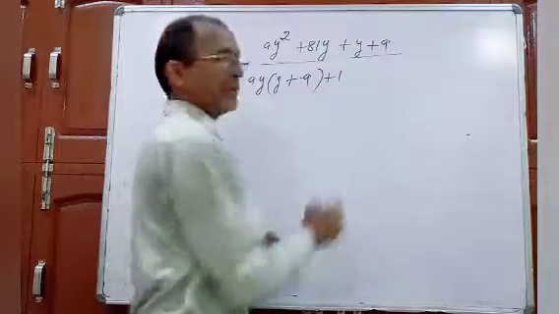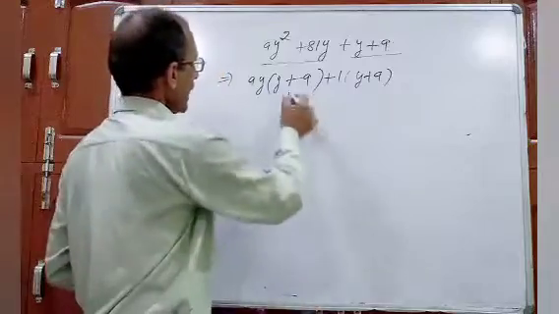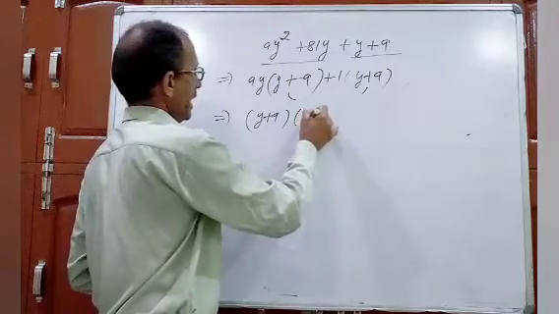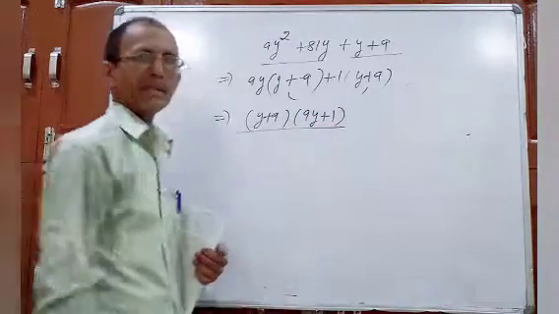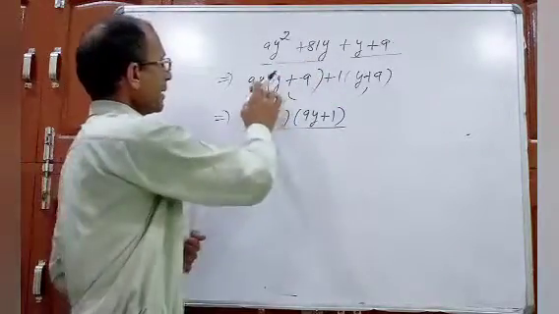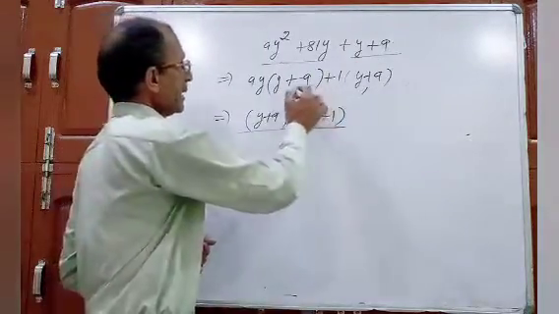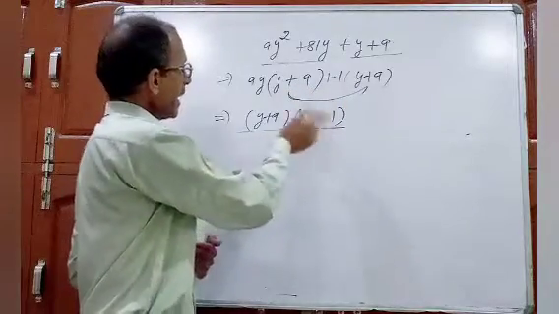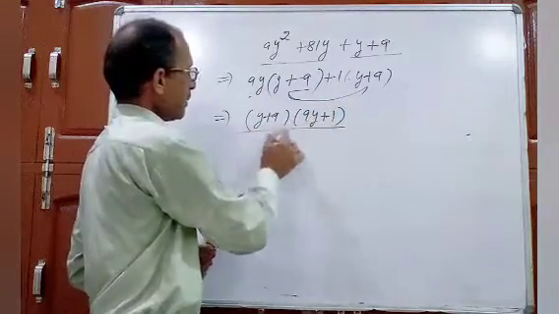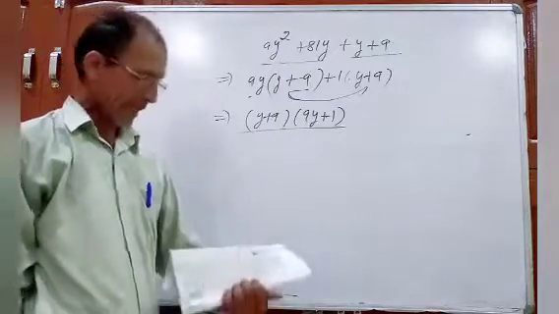From this one what is common? 1. So y plus 9. Again y plus 9 is common. So y plus 9 into 9y plus 1. So these are the factors. Once again, from this pair what is common? 9y common. After taking 9y common, y plus 9. From this one what is common? 1. So y plus 9. These both are the same, so y plus 9 is again common. After taking y plus 9, 9y is left, and here plus 1. So y plus 9 into 9y plus 1. These are the factors of this algebraic expression.